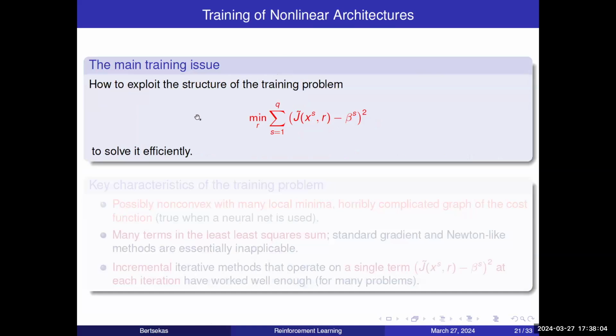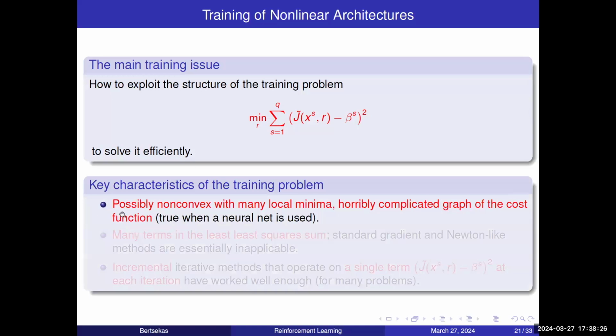More generally, we have a nonlinear architecture, and how can we exploit the structure of the training problem of minimizing a large number of quadratic terms? The key characteristics of the training problem: